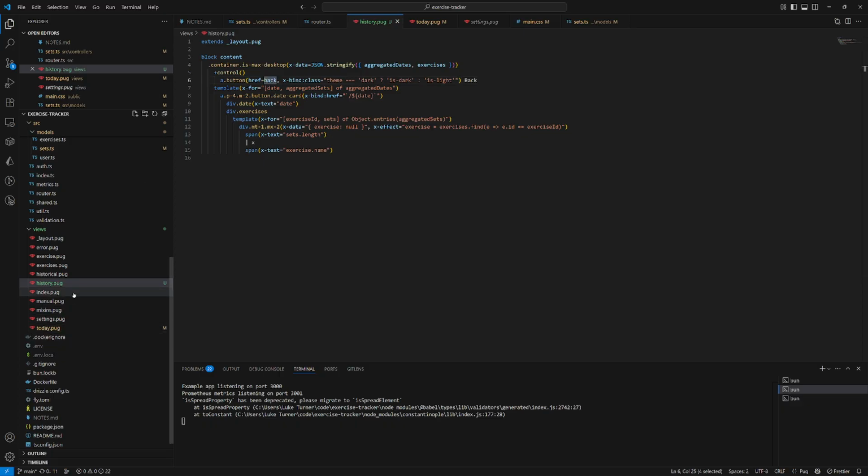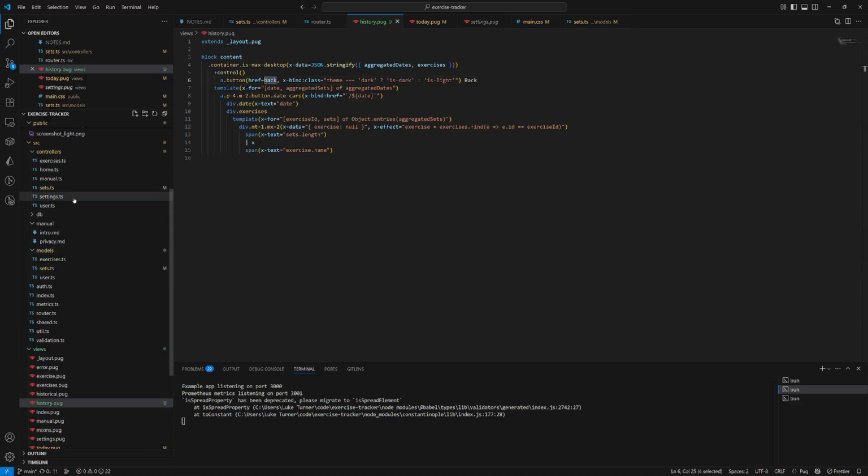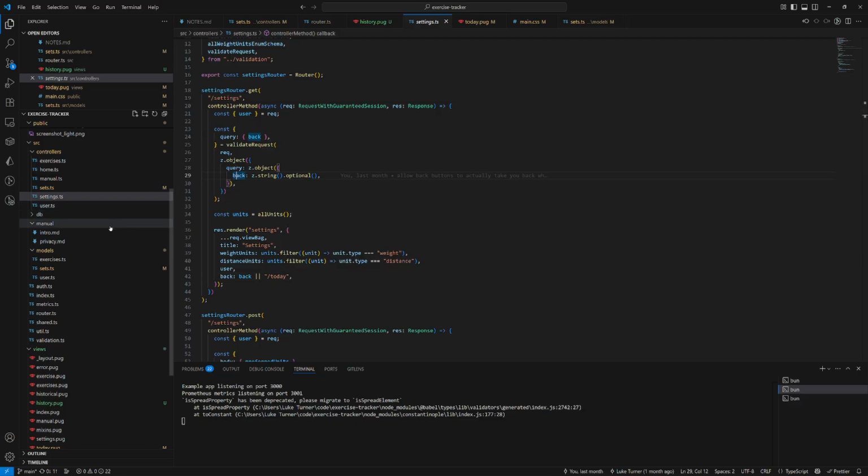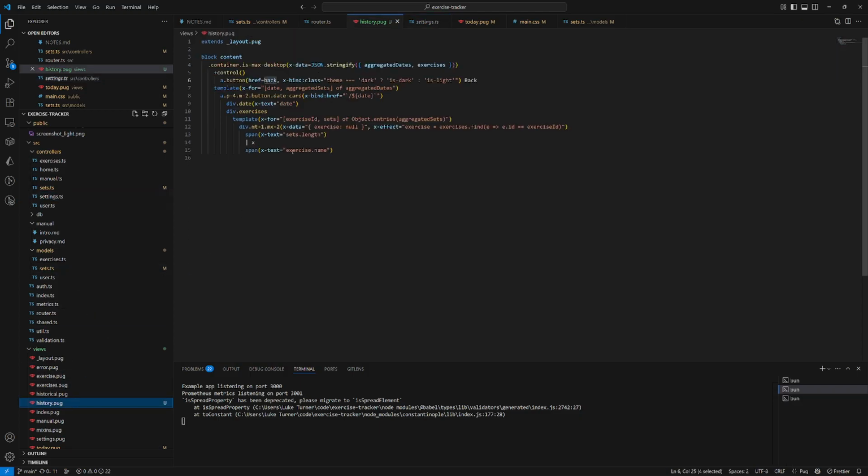And ref equals back. So if we look at the settings controller here, okay, so it's a property in the query string called back. Okay, so that actually should be a little different for this page because it's going to be based on the same thing as this from business. So this would be like ref slash